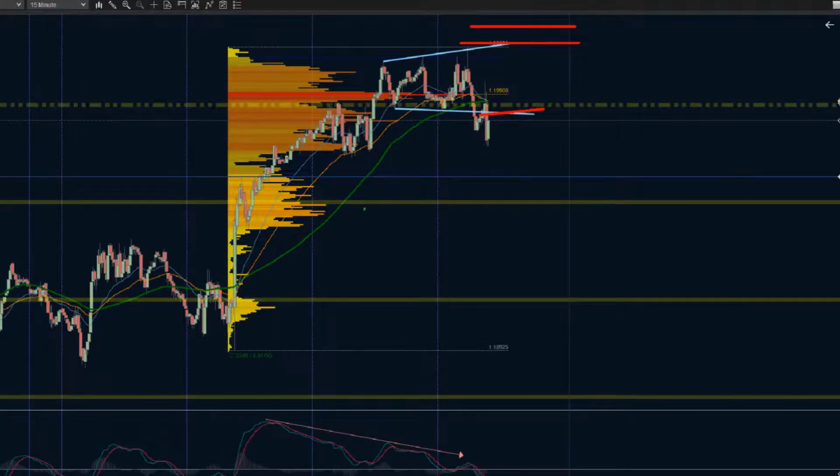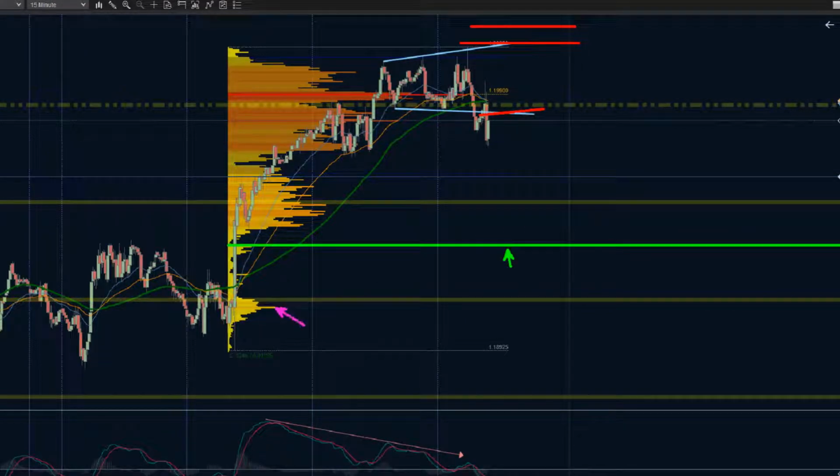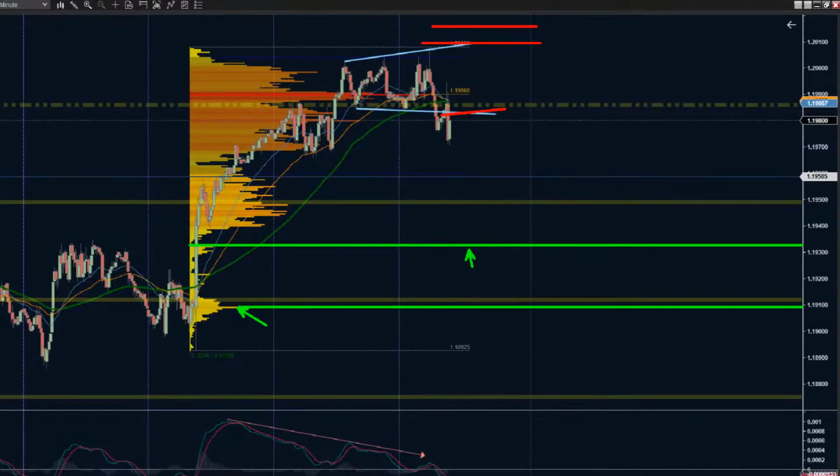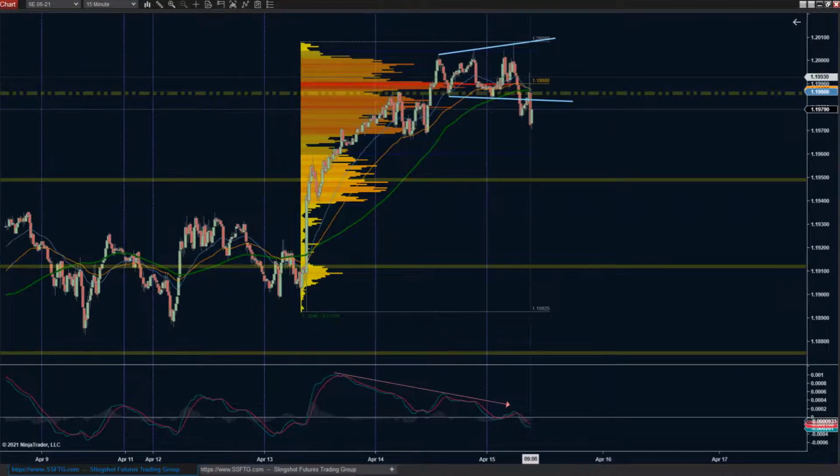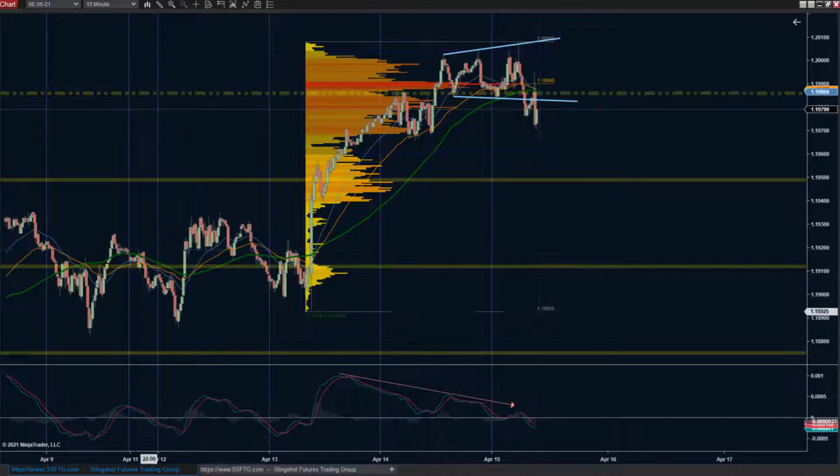But the downside target is just the first objective here, let alone actually getting back to the volume node. So the reward versus risk is very, very wide, and that would compensate them. We have the value shift, we've got the volume shift, and if it starts breaking back above, there might even be some signs of an early exit. But for right now, swing shorts are definitely giving this a go, even though it is obviously a pretty nice bull trend to the upside.